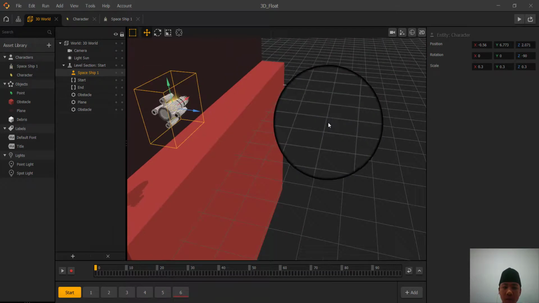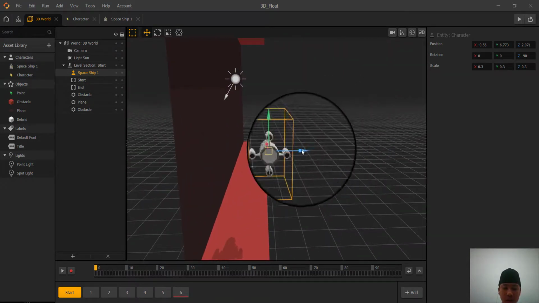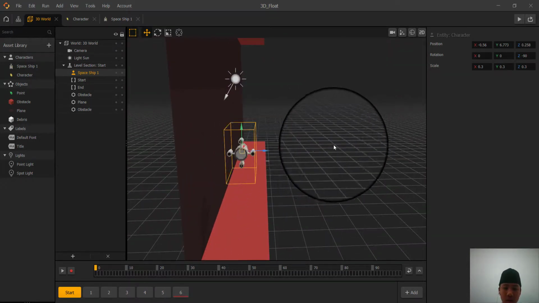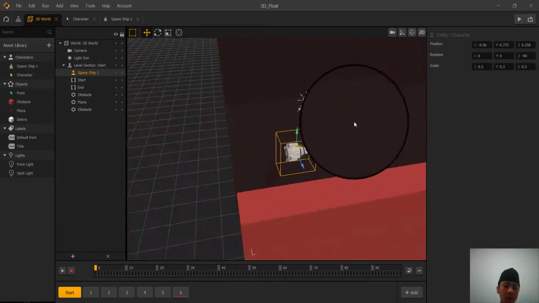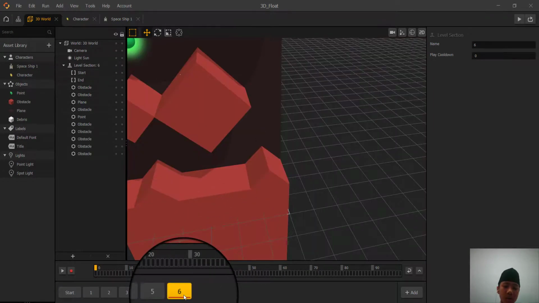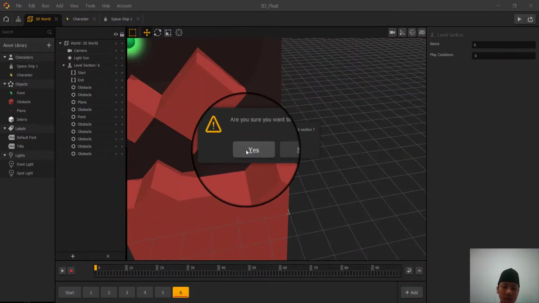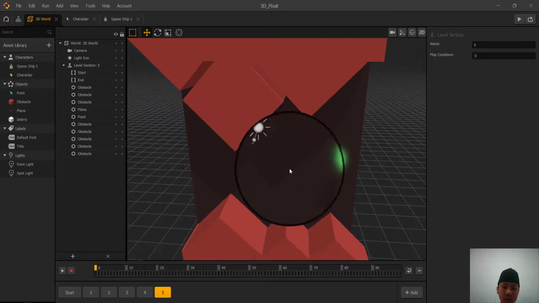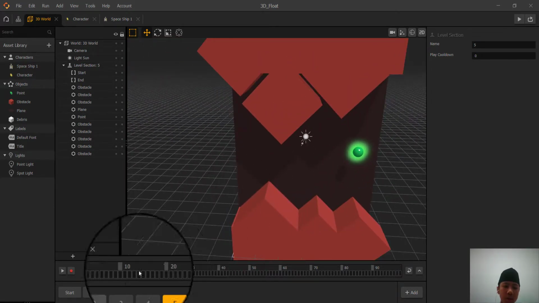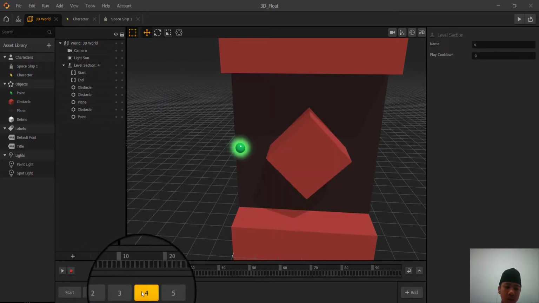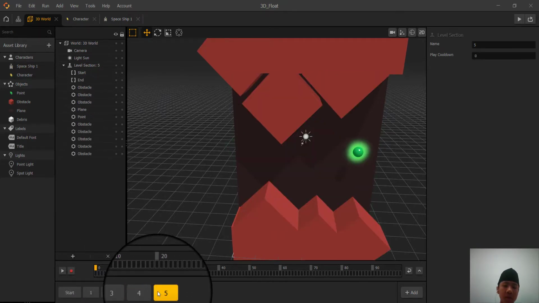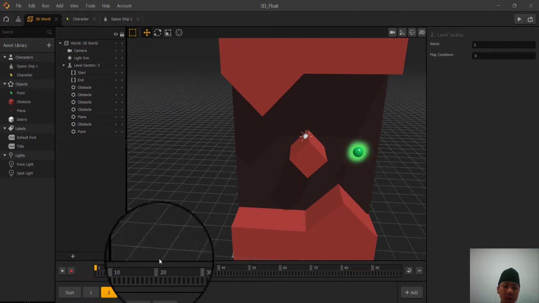Okay, now I change the position. Wait, here. Okay, so there is a lot of, wait, I delete this because I can't use it. Okay, so there is a lot of level in this game. 1, 2, 3, 4, and 5. Look at this. There is a green